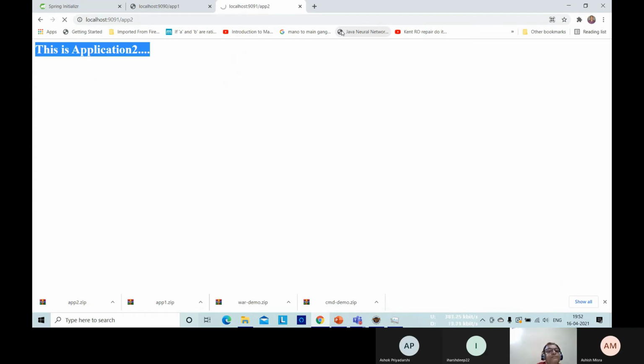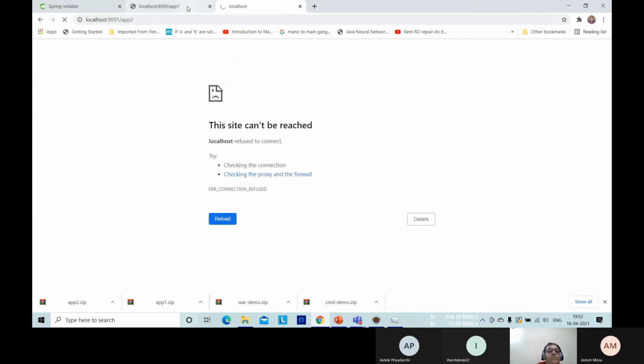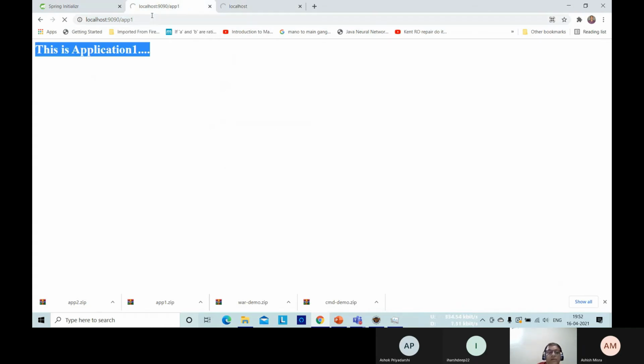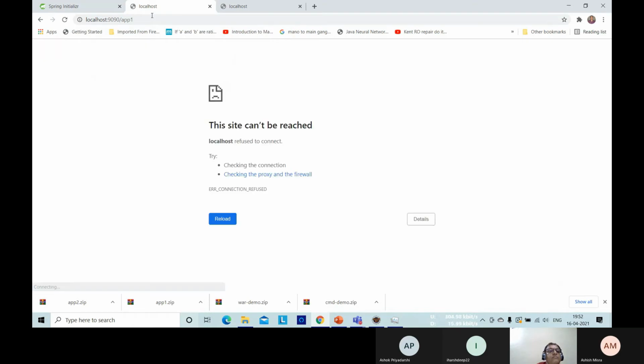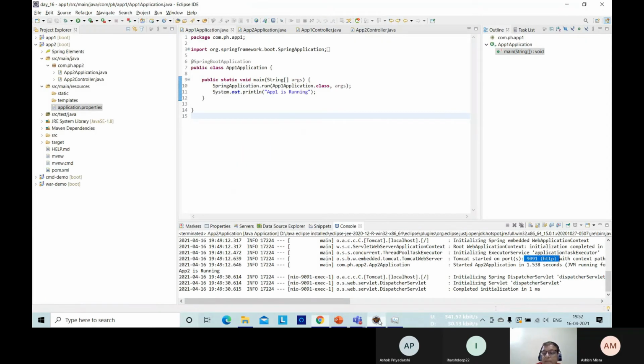App 2 has been stopped. That is okay. Let's see here. Acha, acha. Both the servers are stopped. That is why it was not working. App 1, App 2. Okay. Let me clear this.